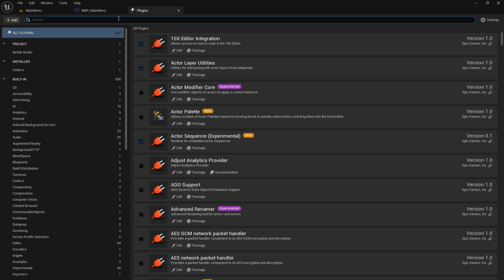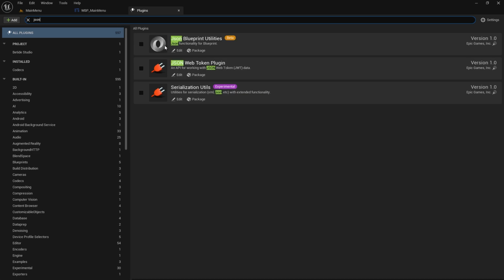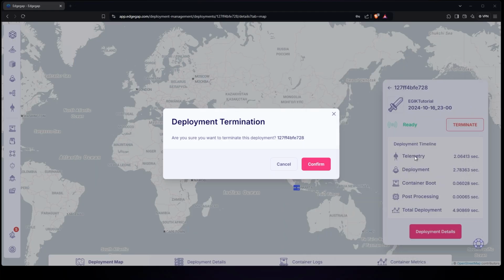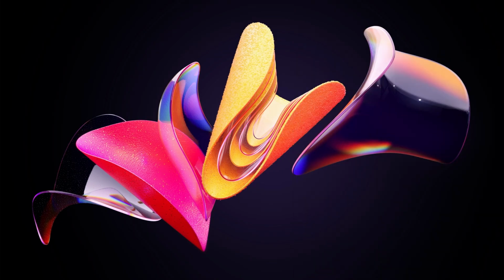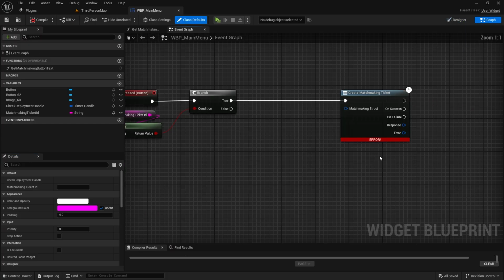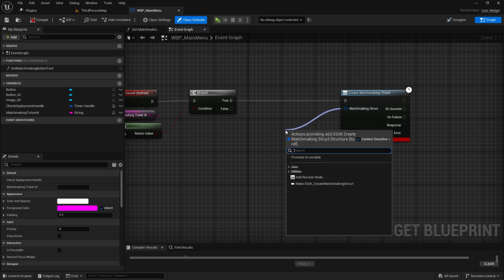Before that, go to plugins and enable the JSON plugin. Now, if you use VRest, you can use that, or this JSON plugin now comes as a part of the engine itself, which I prefer to use because anything that's already in the engine is always better. So let me get that back here, and let's make a struct,